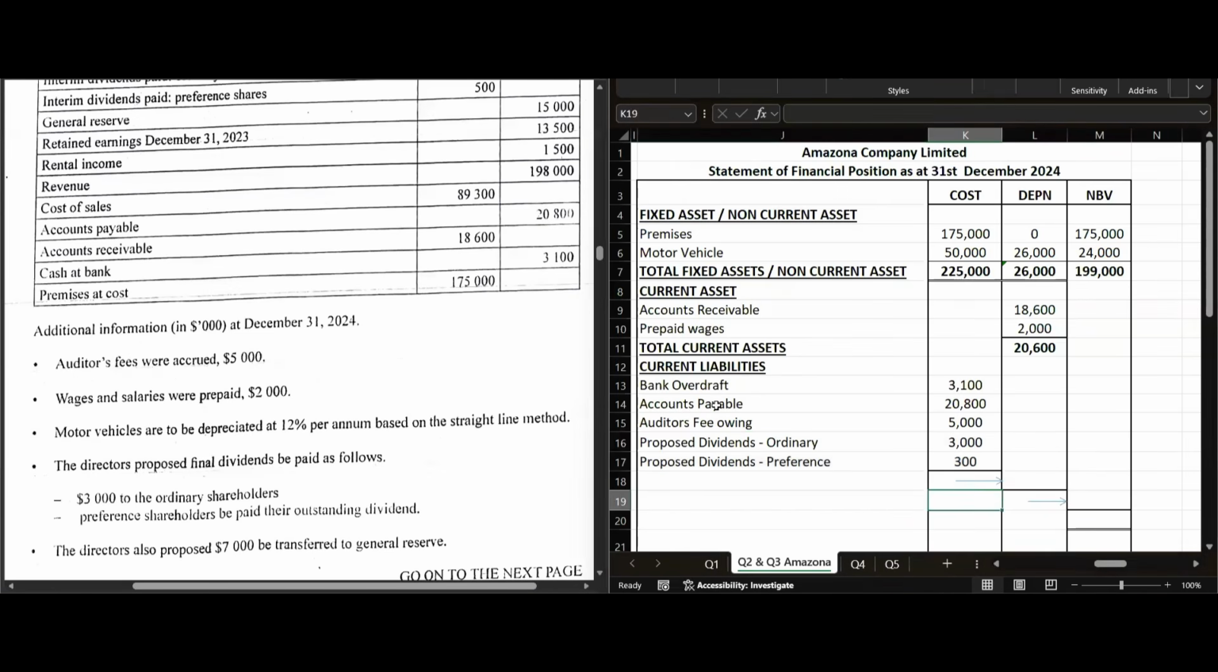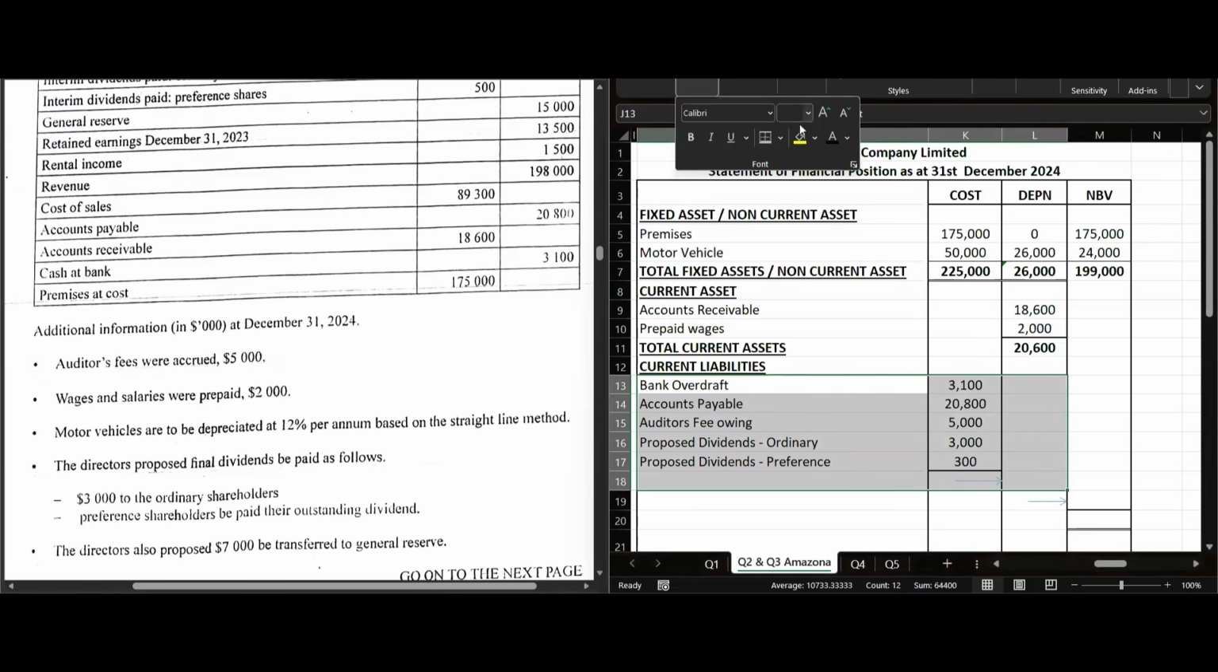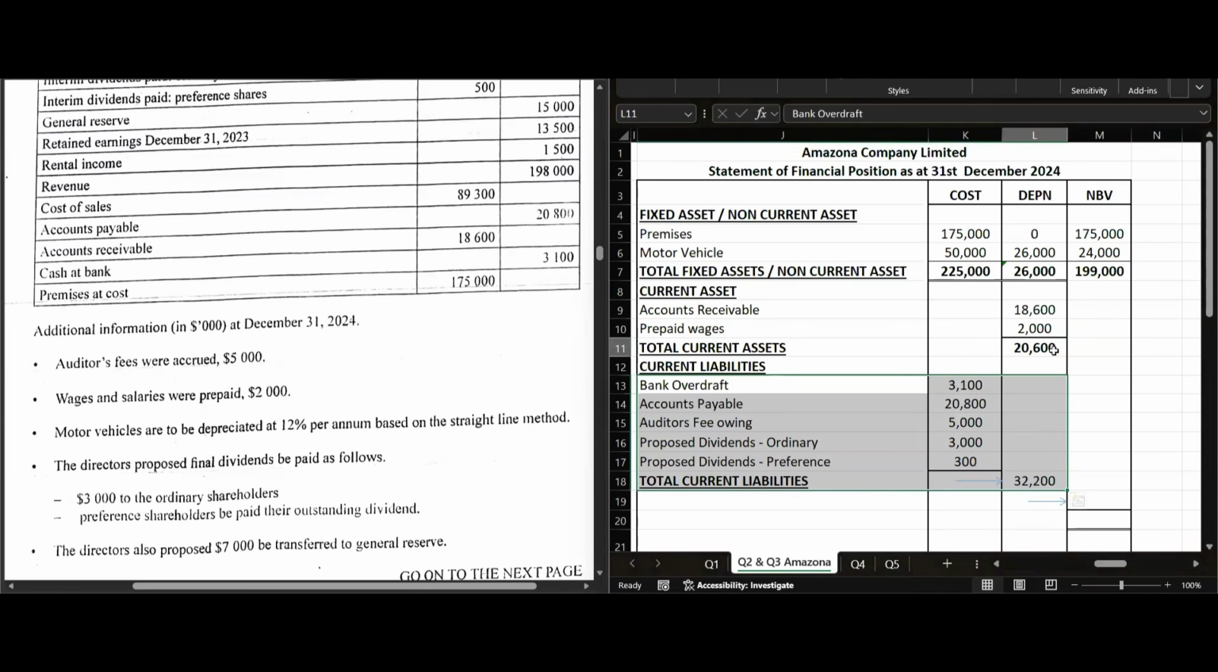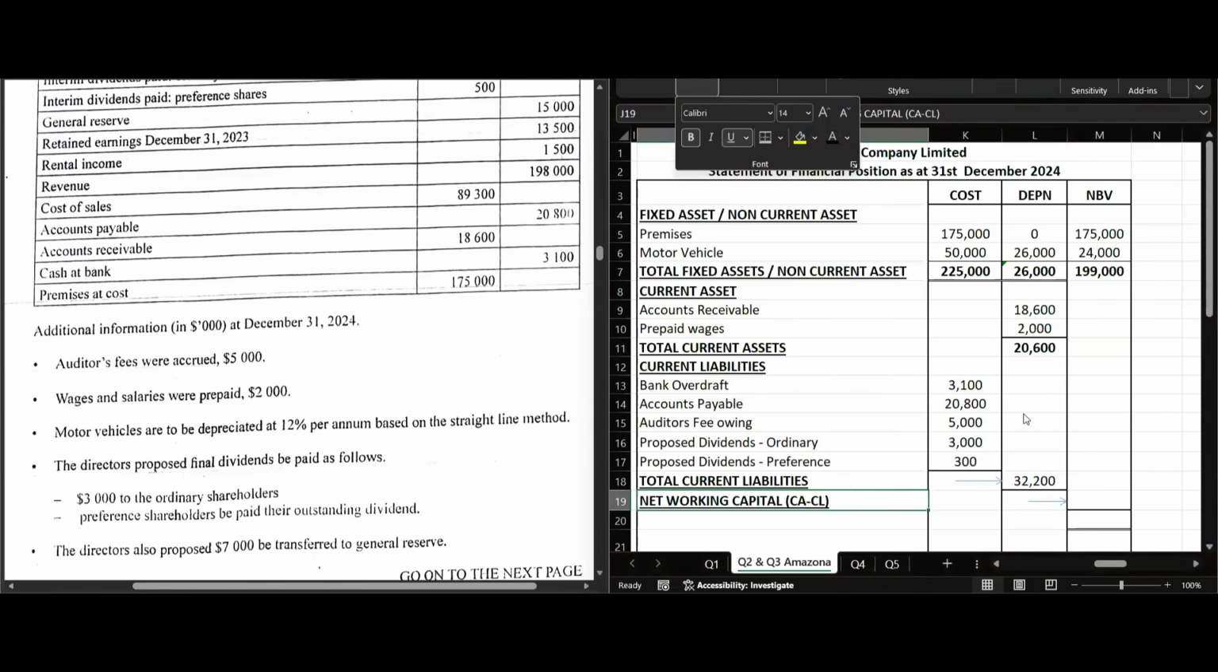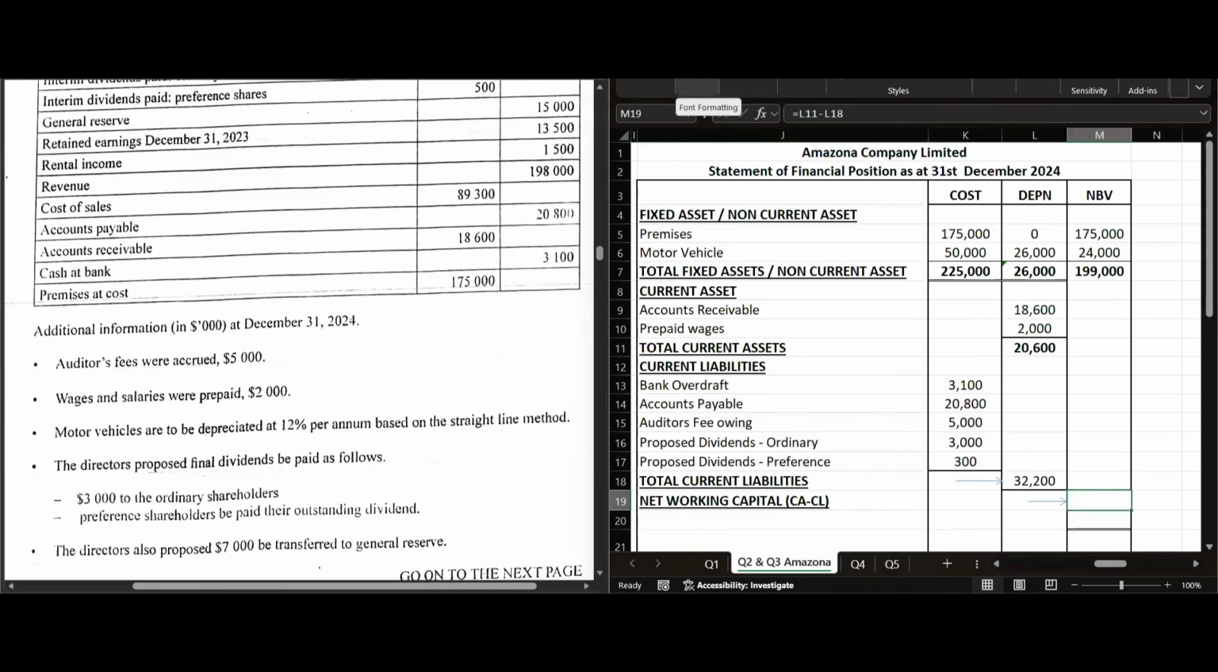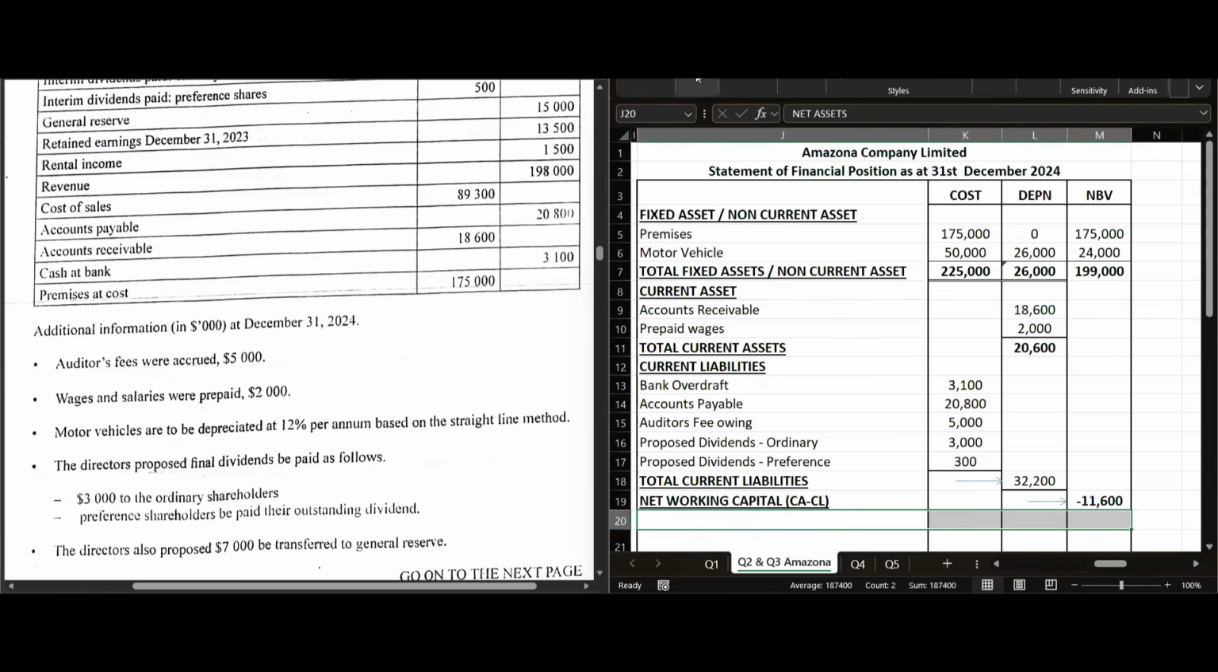Alright guys, great. Those would have been our current liabilities. All we simply do now is add them up to get a total. And our current assets subtract current liabilities will give us our net working capital. And this net working capital will now be added on to our fixed or non-current assets above. But in this case, you can realize that the current assets were 20,600 and the current liabilities are 32,200. This is going to be a negative 11,600. So 199 non-current subtract 11,600 is going to give us net assets of the business as